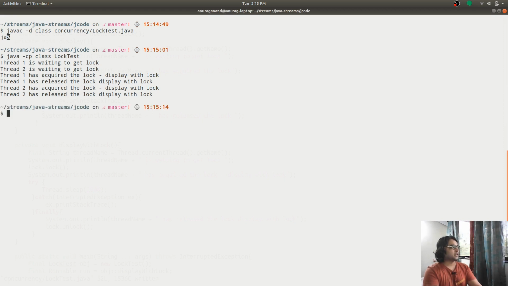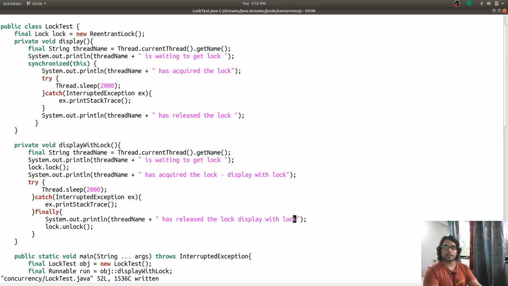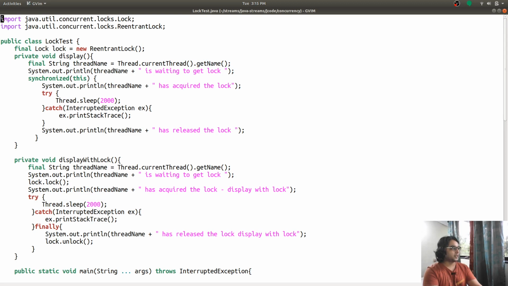So now you see how this is working exactly like the synchronized block, and with this code, the explanation of how to use a ReentrantLock in place of a synchronized block is over. I think this example explains everything, how it works, where it should be used, and don't forget to unlock this lock. Thank you.